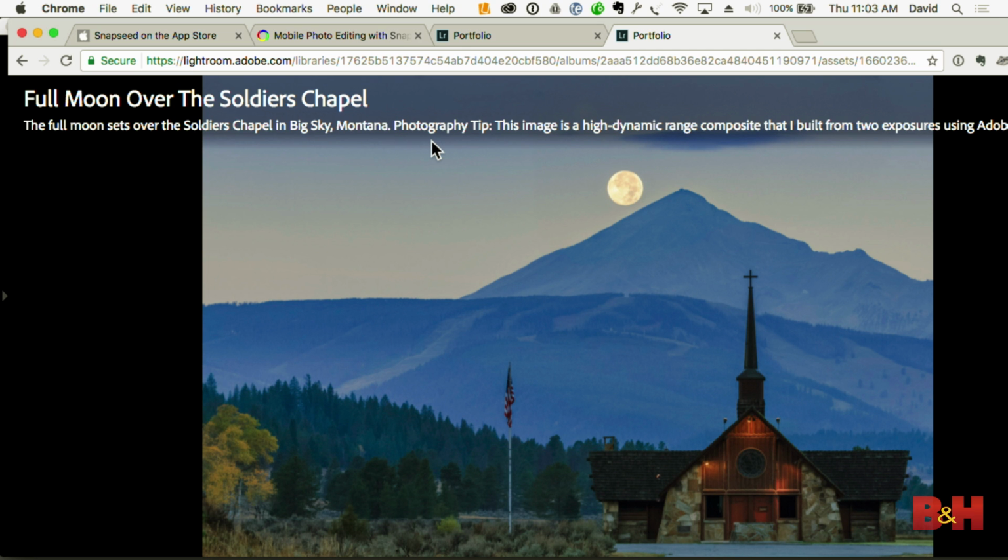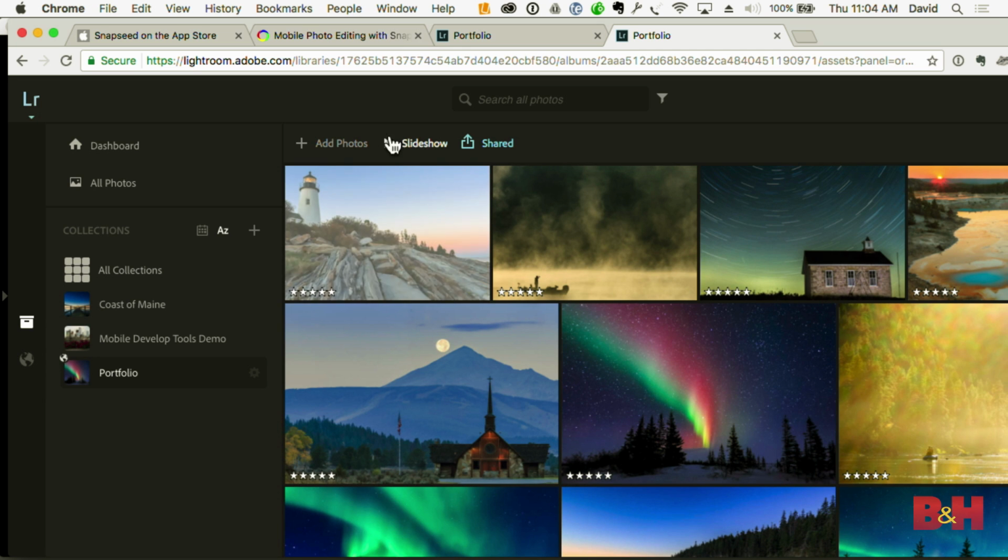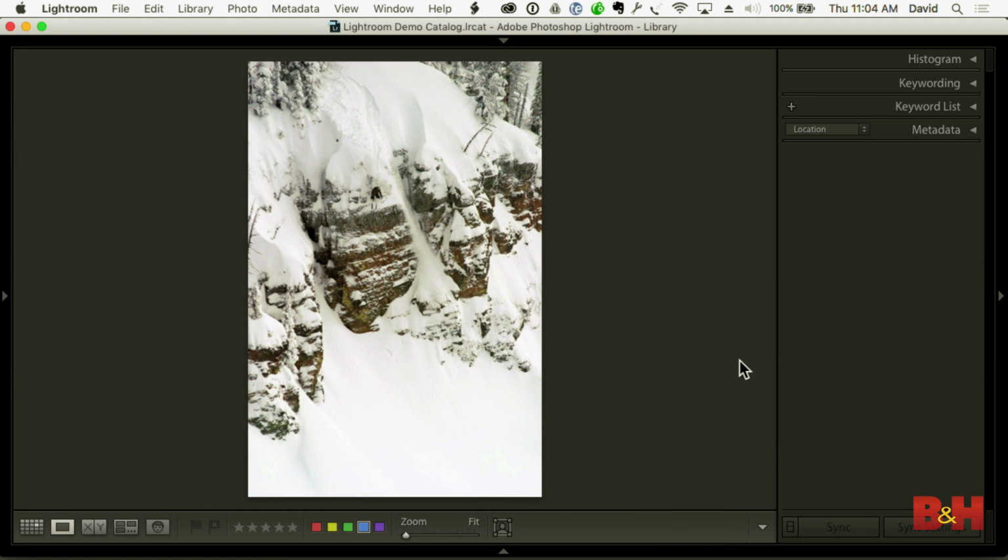But this is the easiest way that I know to create a public web gallery. Right? It literally took me one button on my iPad. And then to go back to the iPad, if I wanted to share this, all I have to do on the iPad